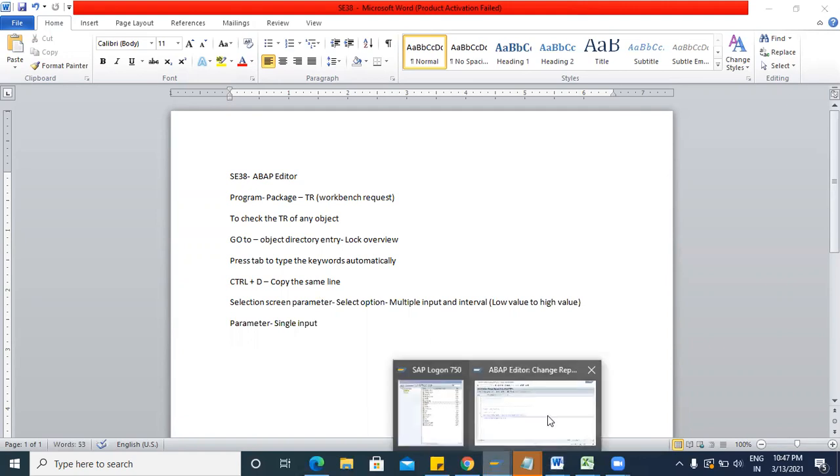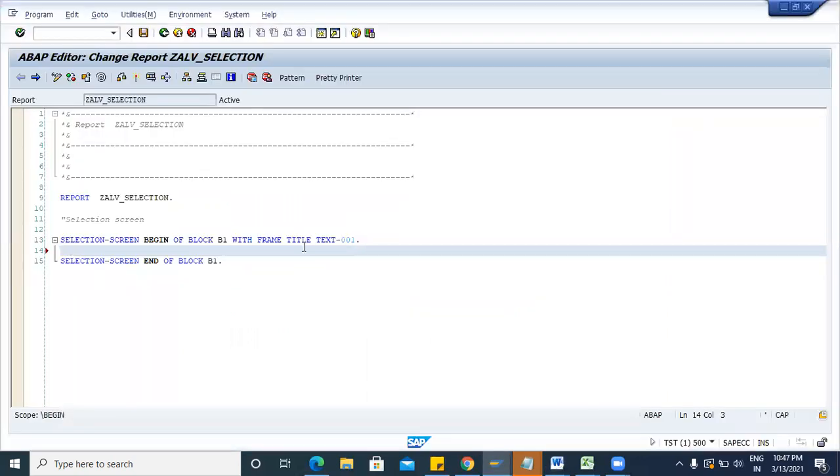Now let me explain you how we declare the select option. Select option, select. Now press tab. It will come automatically. Now for select option, we will take as banner. Then for this I will declare table name dash field name. Okay.